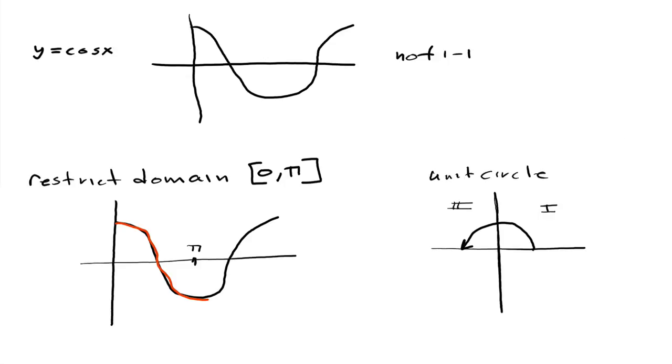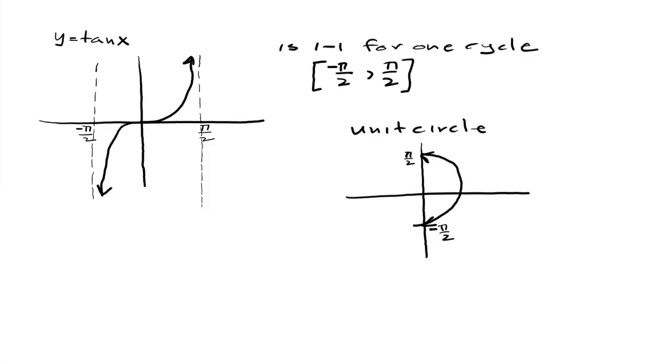For tangent, now tangent's a little different because tangent is actually 1-to-1 for one cycle, right? Remember, tangent has a period of pi, and the cycle that we looked at to describe the tangent curve was -pi/2 to pi/2. That is actually 1-to-1, so I don't have to restrict anything other than to say I'm looking at one cycle of tangent. And again, on the unit circle, -pi/2 to pi/2 is in the first and fourth quadrants. All right, so now,